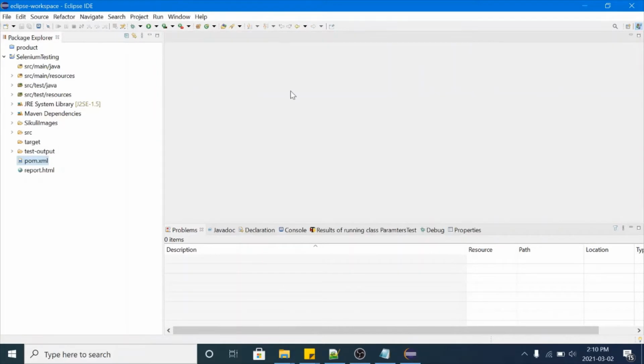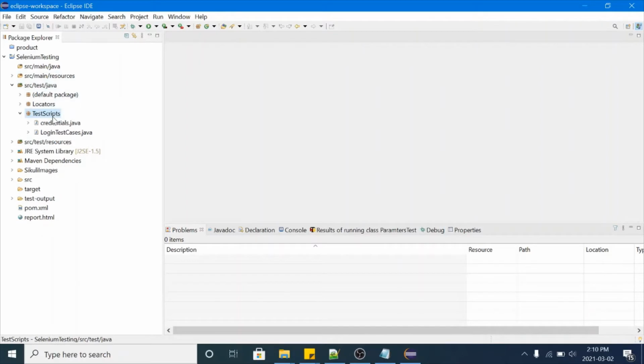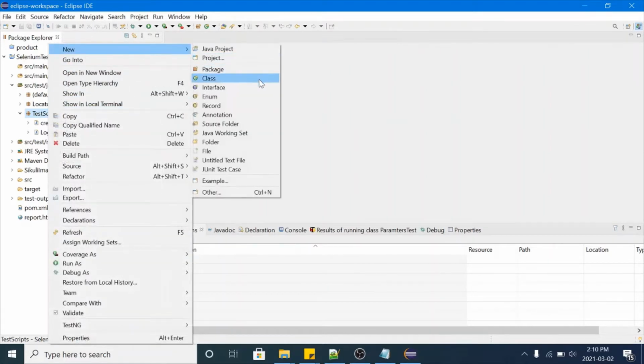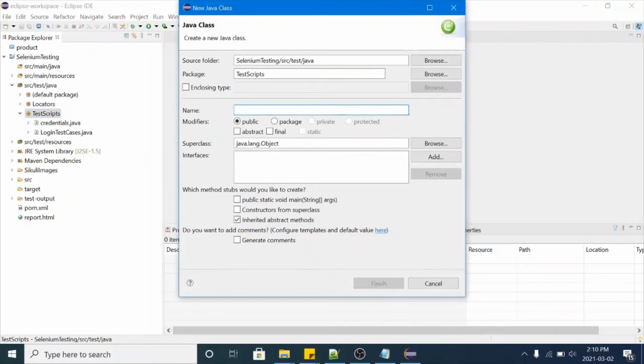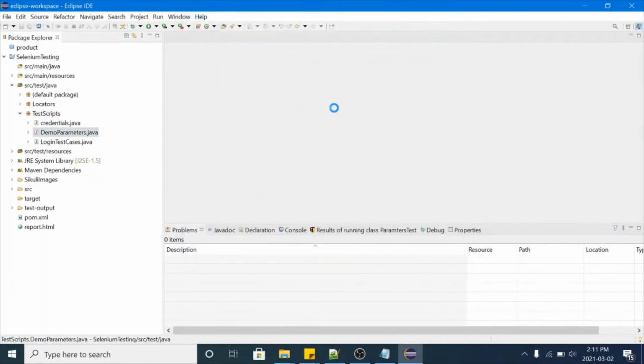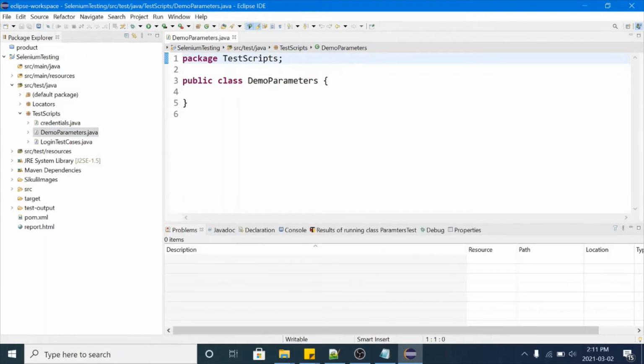Okay, so we are having TestNG configured. Now I hope you already seen my previous videos. So this is Selenium TestNG project. Okay, so this is test scripts folder. Here we will add TestNG scripts here. Okay, so let me create one new script here to see the demo of parameters. Okay, so let me name it as demo parameters. Okay, so this is the way to create a test case here.